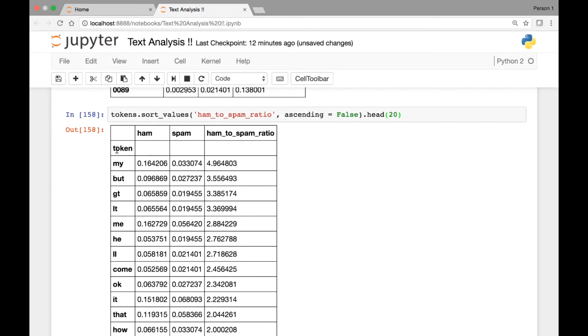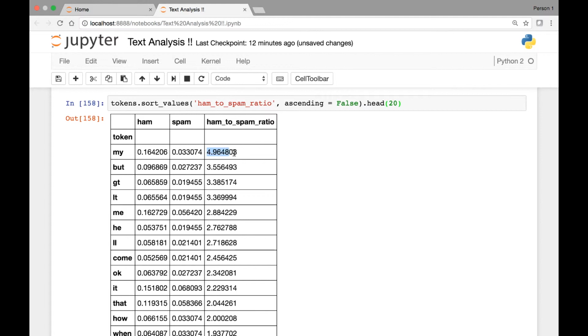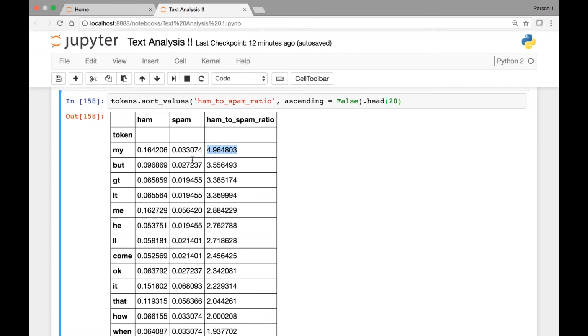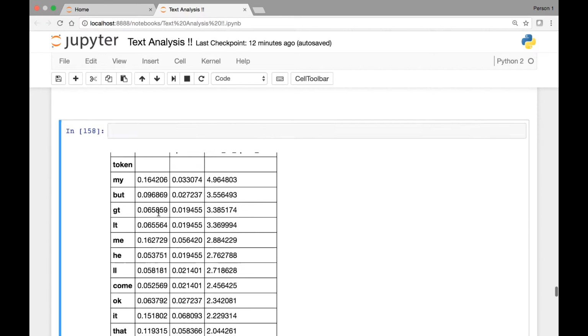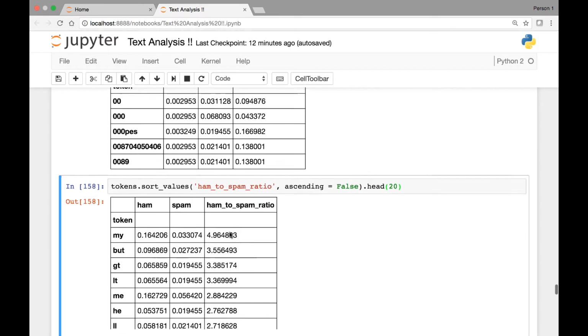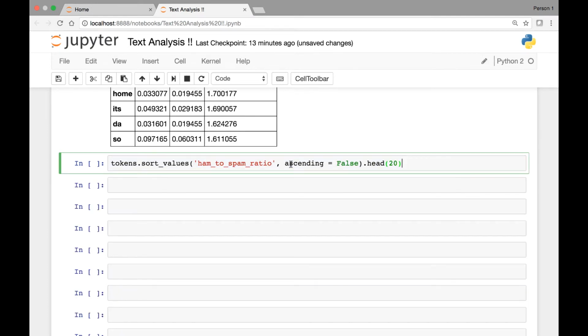ham words. Okay, so we have our word list here, token, and then ham to spam ratio. So this is by descending order, right? So these are the most common words that appear in our ham message. Okay, my, bet, gt, I, it, me, he, and so on. Okay, those are the most common ham words. And if you check the reverse,